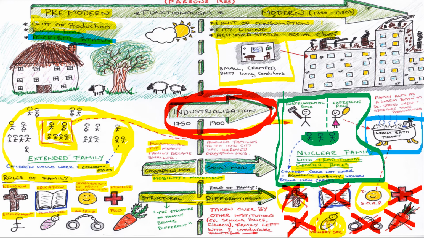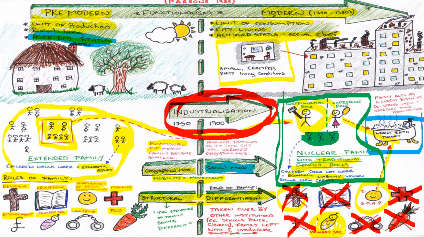And this is where the warm bath comes back. By women acting as the warm bath, they are stabilizing the adult personality, but predominantly the male adult personality. So this was what Parsons was suggesting. One of the things that happened, the family became smaller as it moved from pre-modern to modern, losing the extended family network around it. The family became small to fit modern society. By doing so, the family also changed its structure. We came from an extended family to a nuclear family with traditional gender roles.